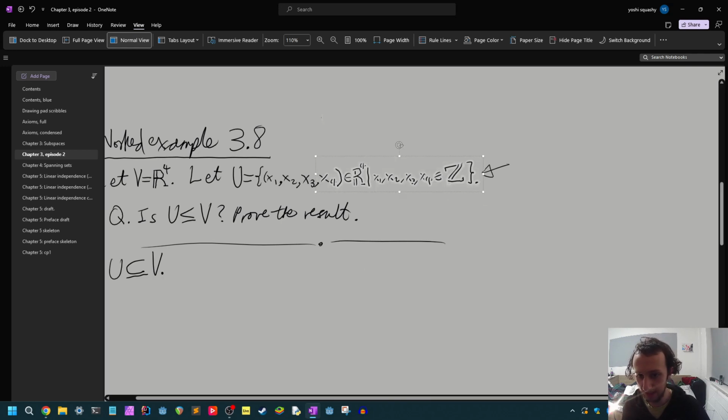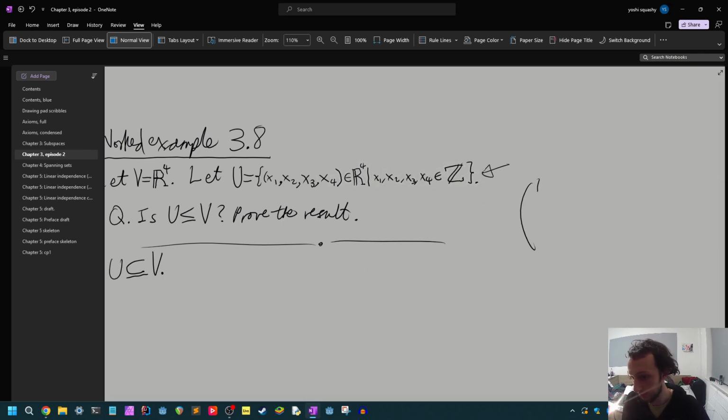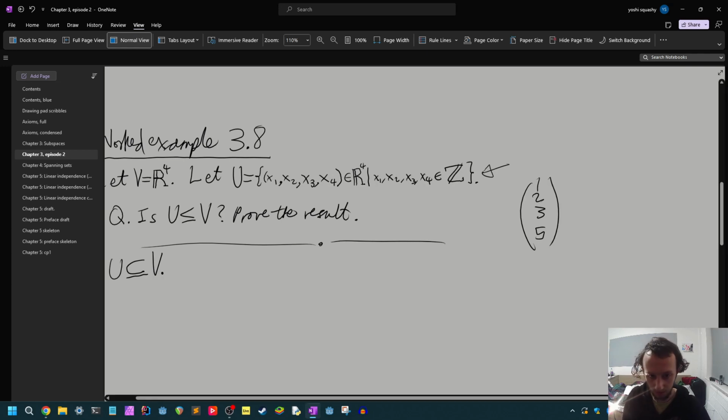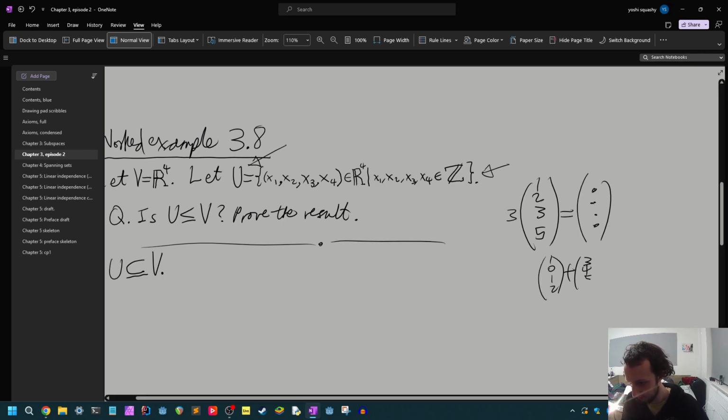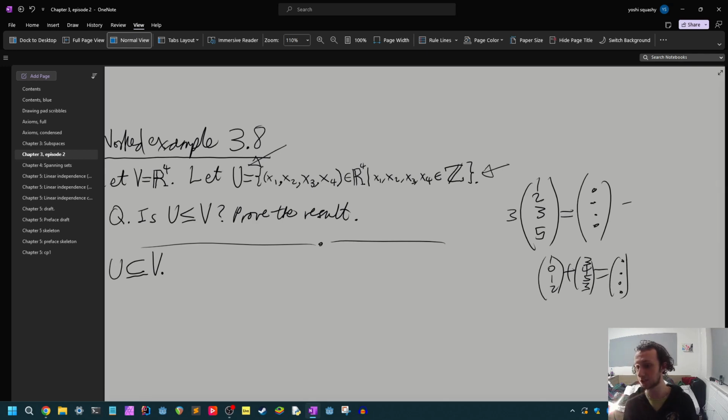So this is very easy to accidentally go, oh, let's take the vector 1, 2, 3, 5 of this set U. So we've got this vector in U because that's how we've defined it, such that they're all integers, and go, well, if I multiply it by 3, then this will obviously have 4 integers, so it's still in U. And we might go, oh, well, if we have 1, 0, 1, 2 maybe, plus 3, 4, 5, 3, then again, we've got integer results, so yes, it's in. So it's very easy to accidentally just do this, that, and go, oh yeah, it's a subspace,